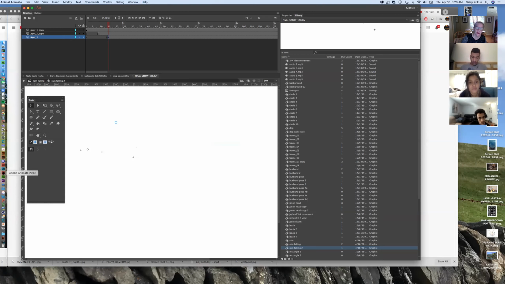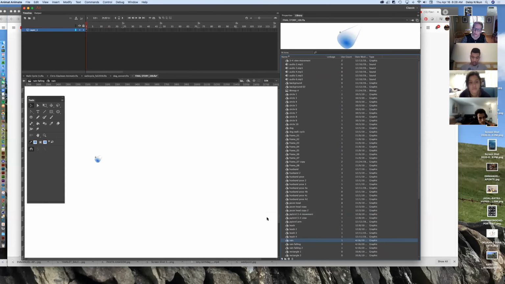So if I went back to animate and I went back to my rain, right? This is why we love symbols. When I change that rain, it will change it for everything, so that this way I don't have to recreate whatever I've done. So I can take this rain here and literally just stretch it. I don't want to do it that way. I want to stretch it out by the points. So I need to get my points